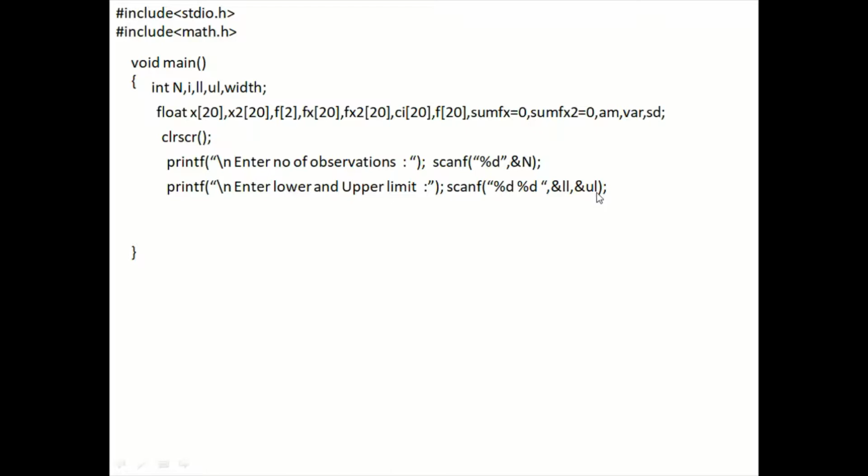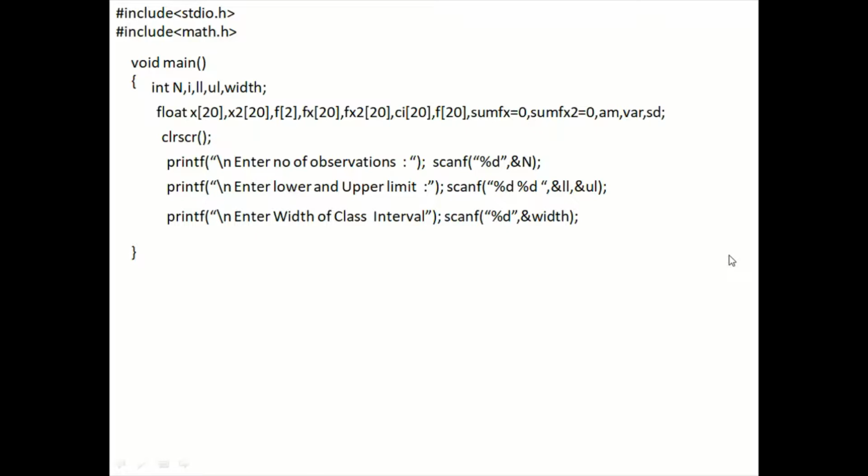Okay. Now I need one more input, that is width. Enter width of the class interval. On the computer screen, a message is prompted saying enter the width of the class interval. Assume that I have given 10 again, right? So this value 10 will be stored in width. This part is over. Okay. That means the difference between the lower limit and the upper limit of each class should be 10. This is what the width means.